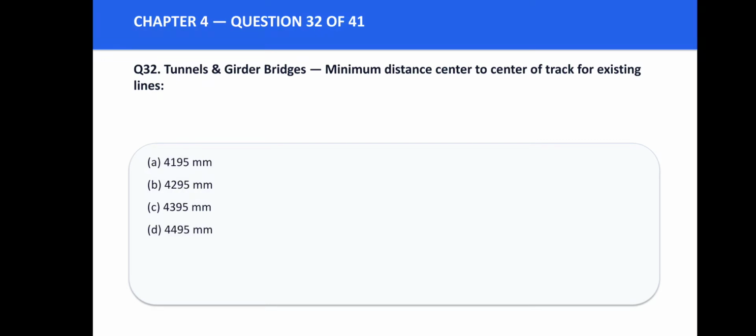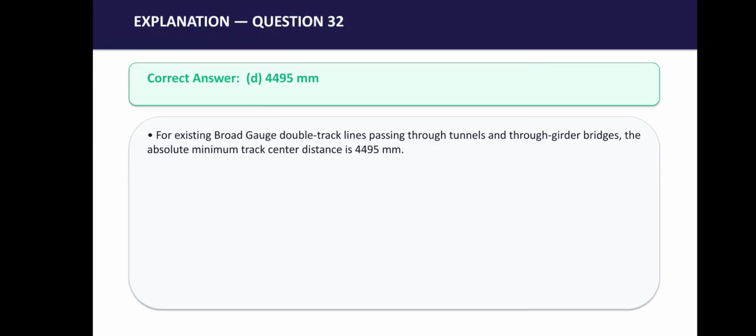Option D, 4495 mm. The correct answer is option D, 4495 mm. Explanation. For existing broad gauge double track lines passing through restrictive structures like tunnels and through girder bridges, the absolute minimum track center distance is